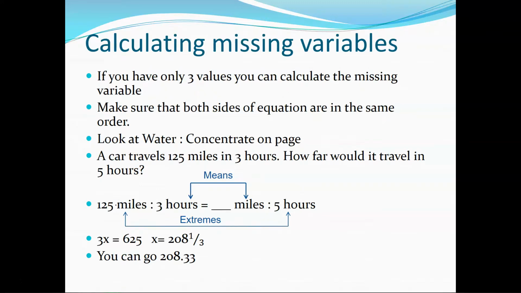So whenever you're looking at this, well, if I go 125 miles and multiply that by 5 hours, I'll end up with the variable x there. So I'd end up with 3x is equal to 625. Divide both sides by 3 to get rid of the 3 on one side. You get x is equal to 208 1/3. Any questions on that? No, ma'am. Okay.